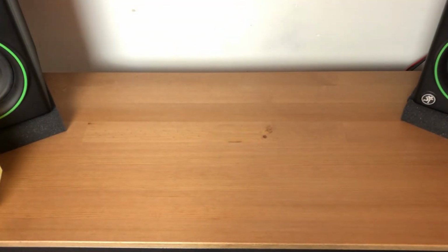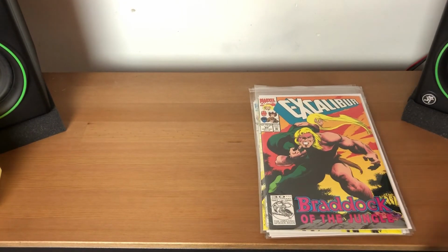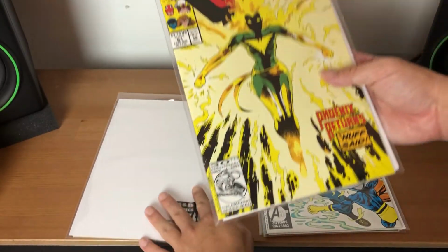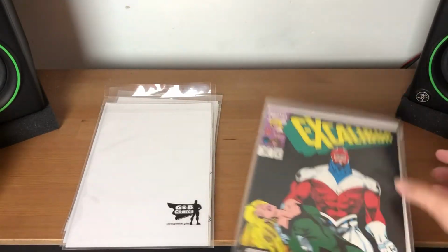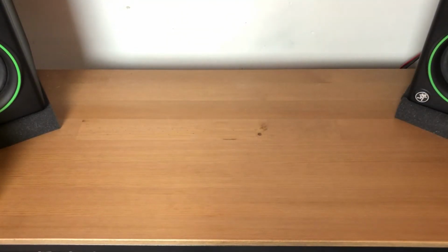I don't have this particular story arc, but if you want my recommendation for an Excalibur story arc to read, look for one called the Soul Sword Trilogy. I can't remember which numbers this is in, the later numbers. There's 60, 61, nice Rachel Summers cover, 63, and 64. So yeah, the Soul Sword Trilogy, and that's a really awesome storyline because what happens is when Illyana